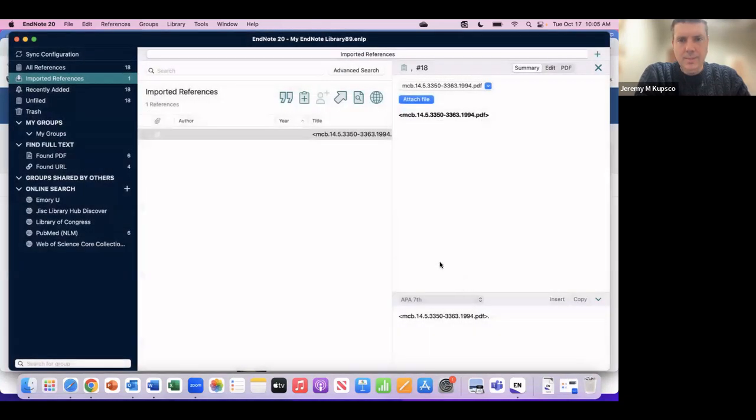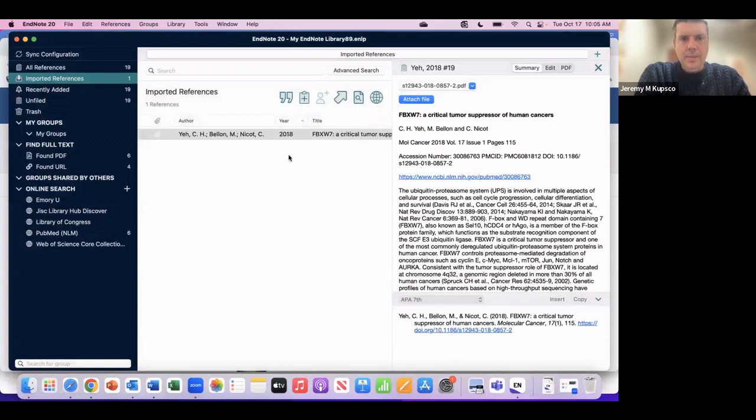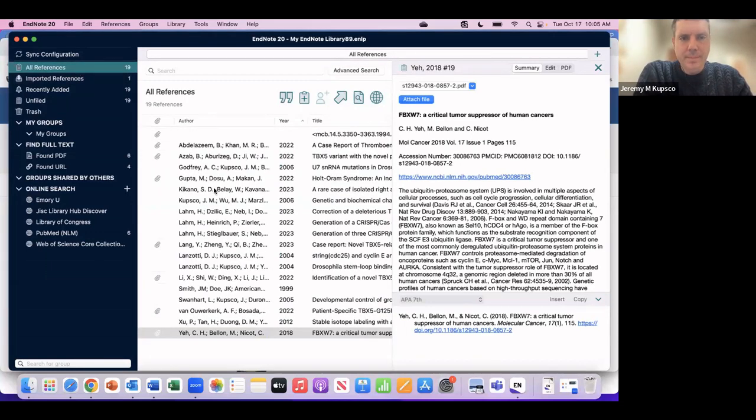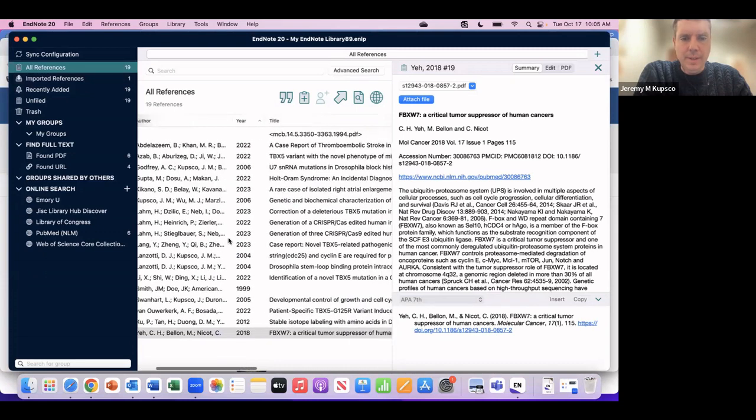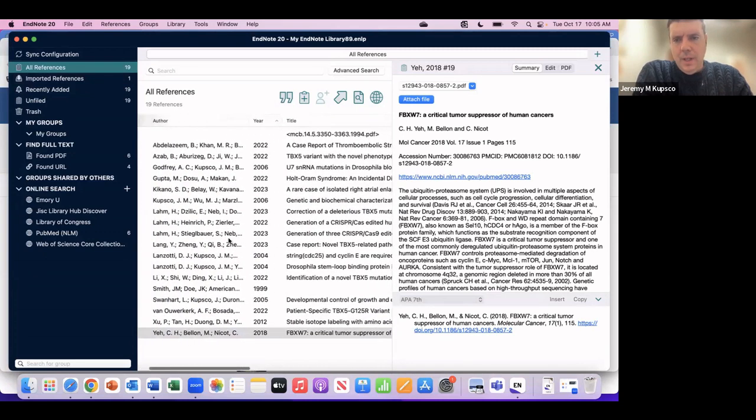I click Import. And you can see this PDF is from 2018. It has a digital object identifier on it, and it includes all the citation information. Okay, so that's how you would import a PDF and get the citation information for it.